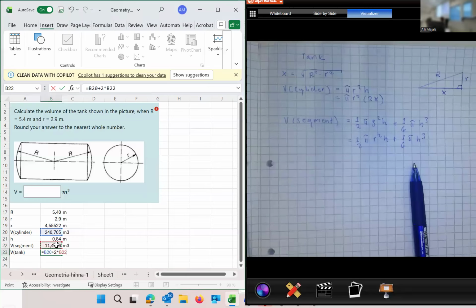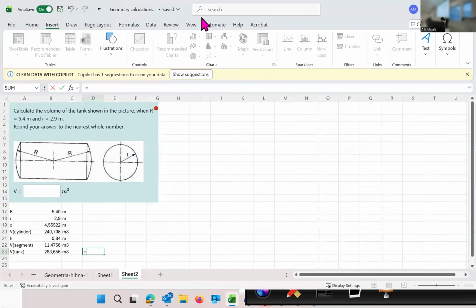Head. That's it. Cubic meters. To round that. So I take this there, and then I can put it